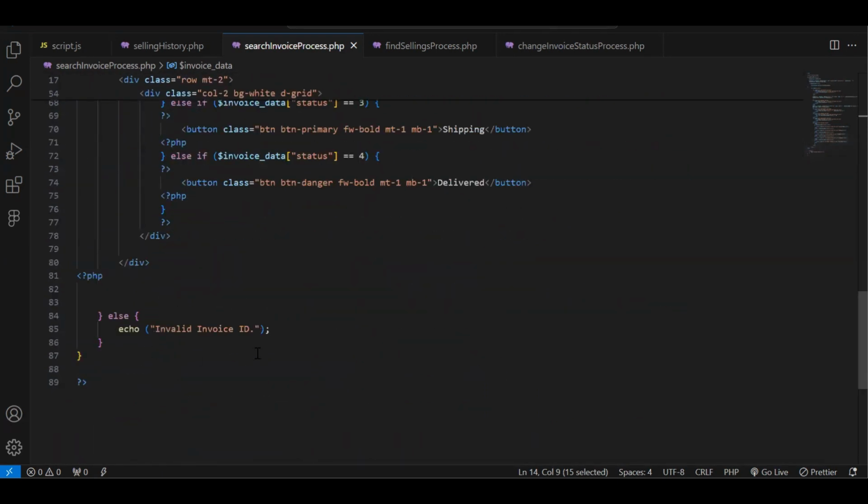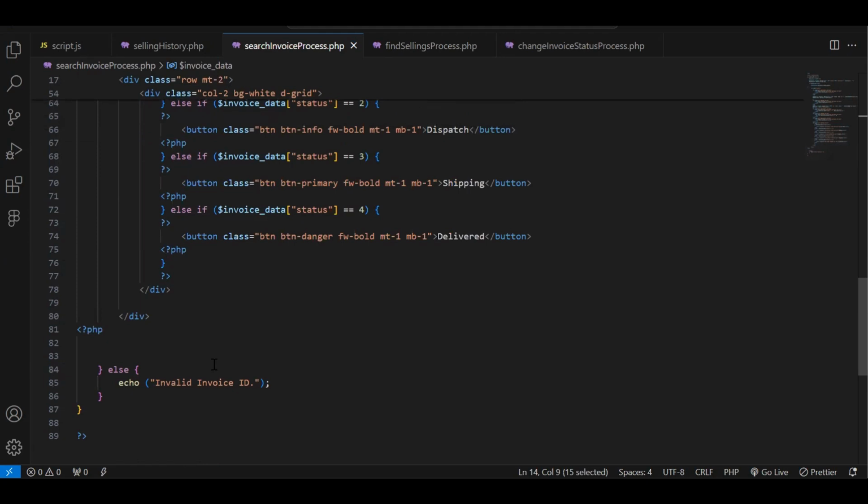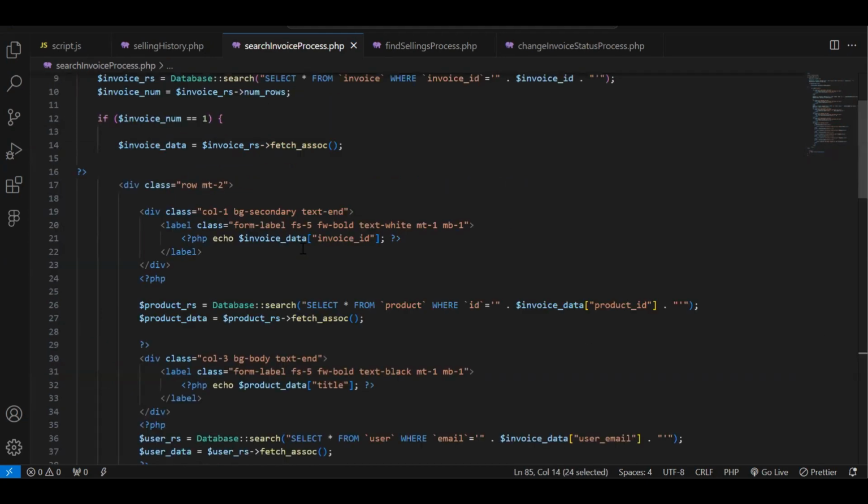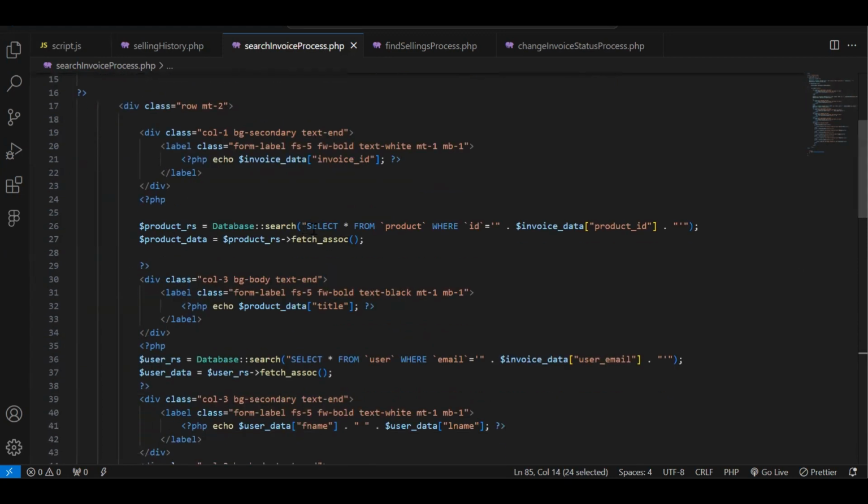And then if it comes to the else of that if condition, we have displayed the message as invalid invoice ID. And in this design we have echoed the invoice ID that's stored in this invoice data as the invoice ID, and then I have used the PHP script here, and I have called a search function with the query as select all from the product table where ID equals to the product ID that's stored in this invoice data, and then we have stored the